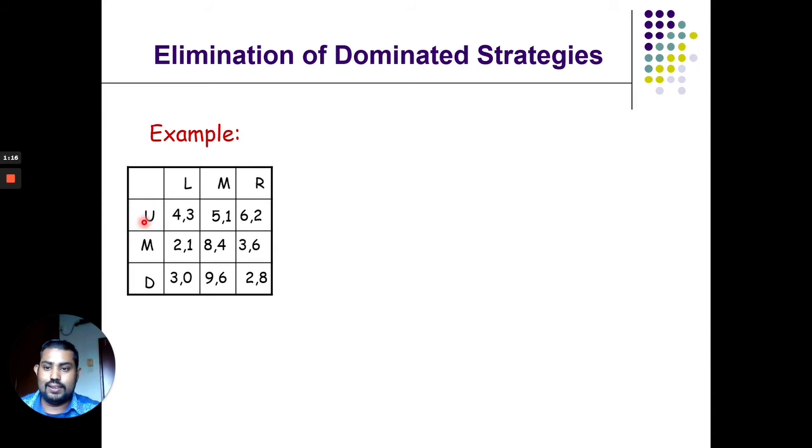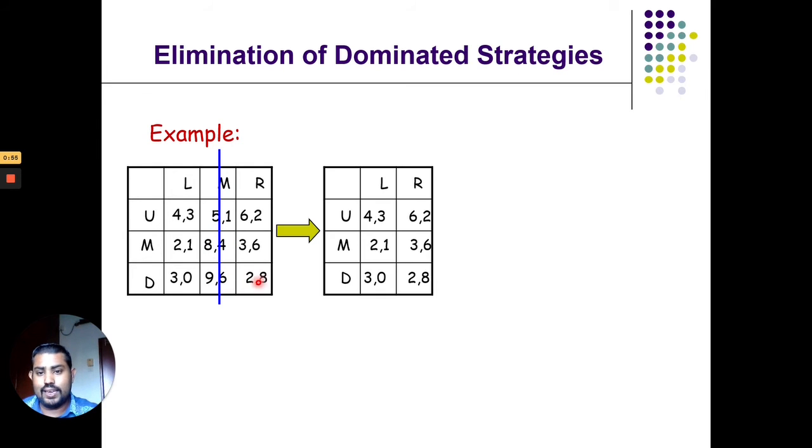So example, let's say you have U, M, and D, upper, middle, and down, and left, middle, and right. So if you look here, this is the example of the value, and can you determine whichever some of the dominant strategy? Okay, let's look at the M, 5 1 8 4 6 9. Okay, and you can play between player 2 or player 1, up to you. Okay, so if you take this one,